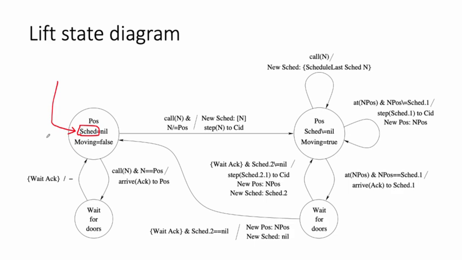If it gets all these call messages from different floors, it remembers that, and so it has a list of floors it has to go to. It also has a variable saying, is it actually moving? So if the schedule is different from nil,